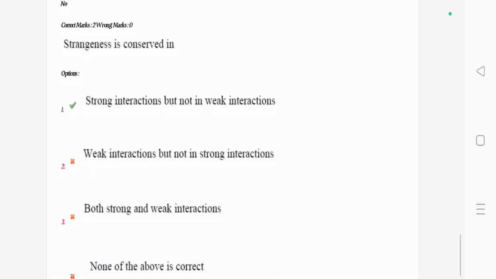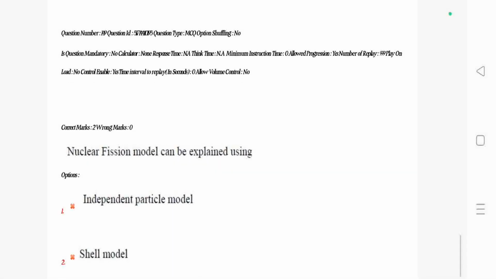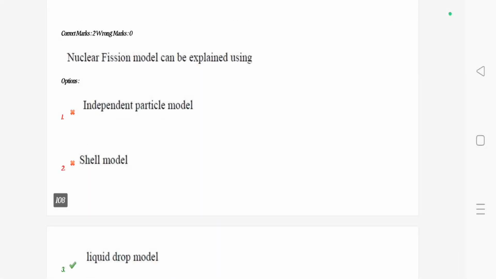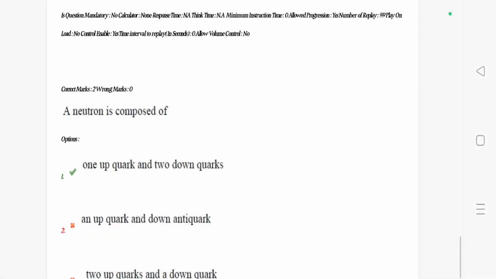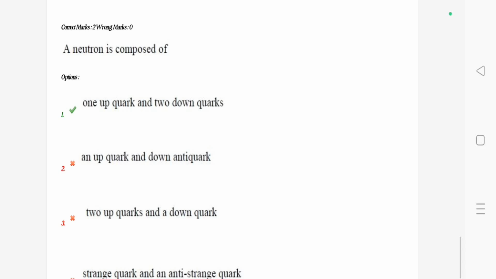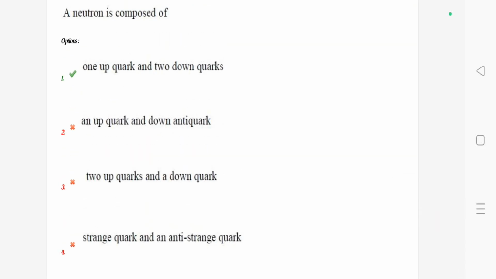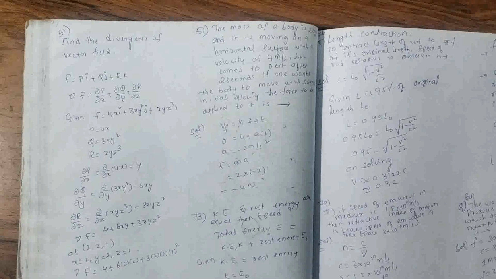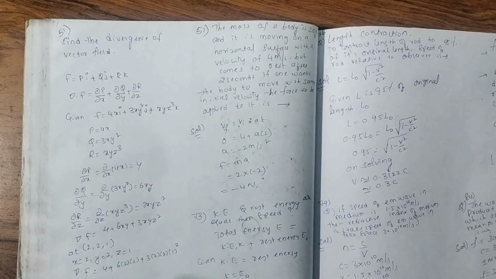148th question. Strangeness is conserved in strong interactions but not in weak interactions. 149th question. The nuclear fission model can be explained by the liquid drop model. And the last question. A neutron is composed of 1 up quark and 2 down quarks. So attached to this are the problems. Now let us discuss a few problems which we saw in